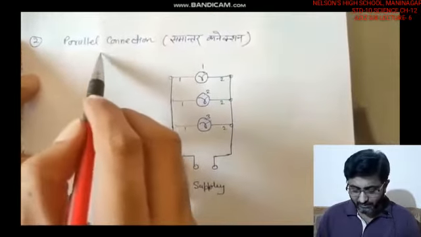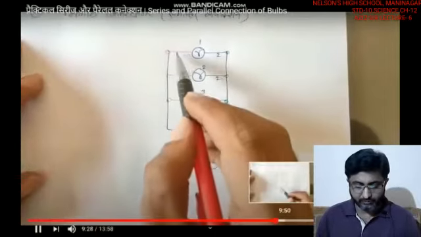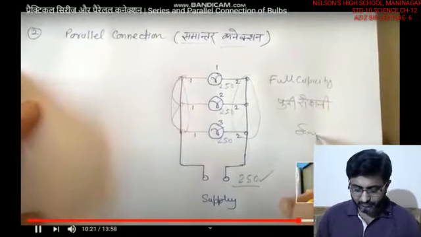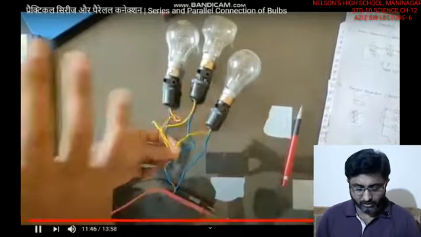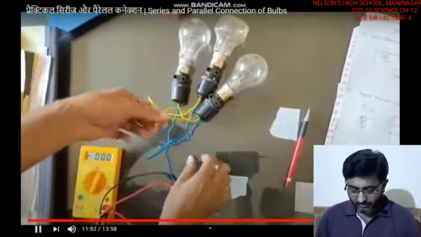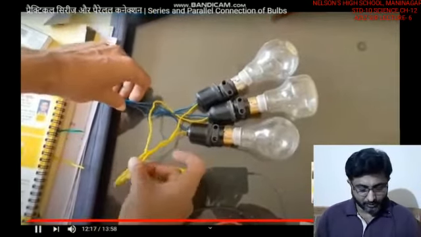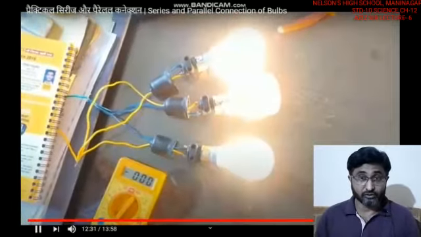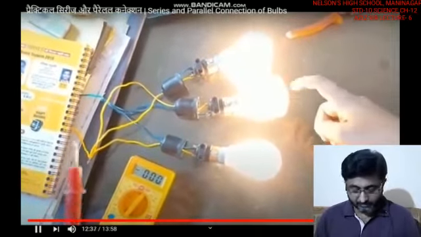Now in the same way, if you are seeing the parallel connection, all of them are going to start from the same point. So all the 3 bulbs we are going to connect with the same starting point. See the connection of all the yellow in one section and blue in one section. After connecting it, all 3 have the same starting point and the same ending point, and connecting these wires with the same starting point and the same ending point, each one is going to have equal voltage,